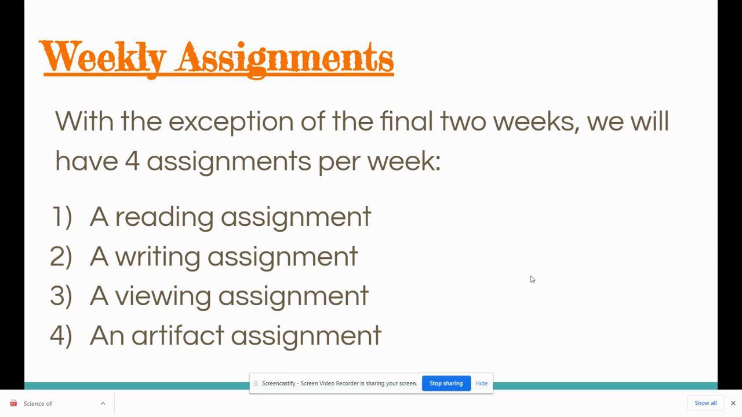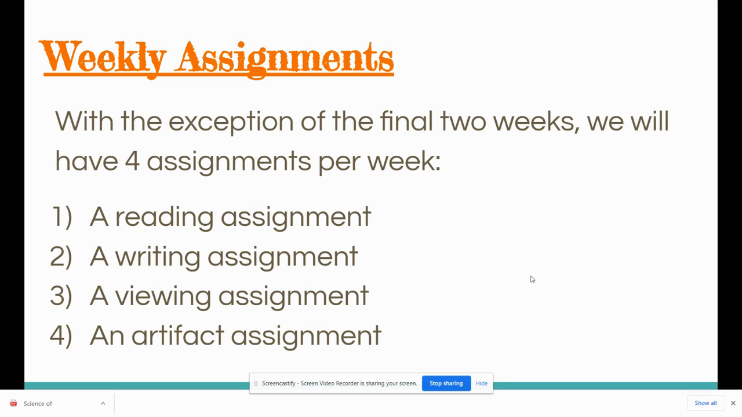So each week, with the exception of the last 2 weeks, we're going to have 4 assignments per week. The exception for the last 2 weeks is by intention. It's designed that way to free you up, give you some extra time to put together your final project, because